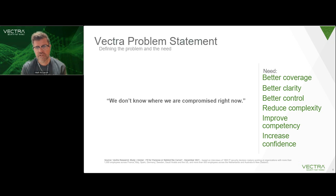Let's start breaking these things down. There's a definite need as you read through the hype cycle around coverage. We need better coverage, better threat visibility, if you will. There's needs around clarity and prioritization. Controls are always a need. But if you read between the lines, there's also needs around reducing complexity, improving competency, and then obviously increasing the confidence, the success of security operations. Are they successful in not only detecting but responding to a diverse set of attacks and threats